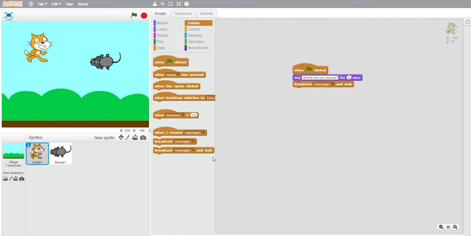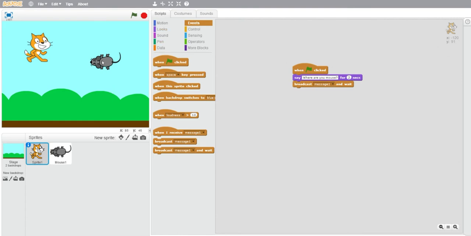But broadcast and wait will wait until the receiving script has ended before continuing with the remaining script. So it will not continue unless you receive something. As I have told you, broadcast and when I receive work together, so whatever you broadcast, the other character will receive.